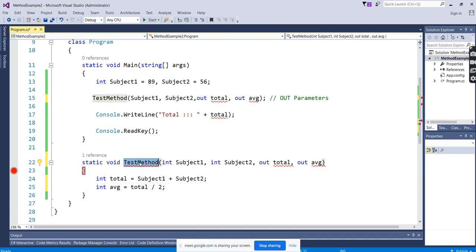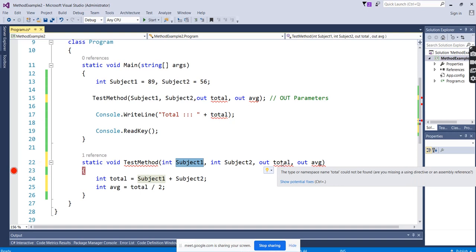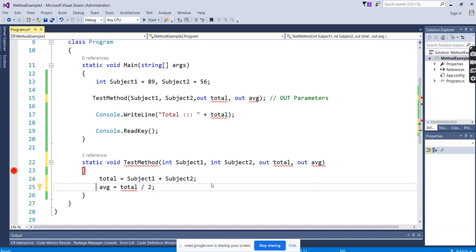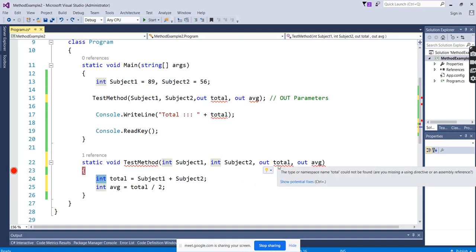Method, we are making the calculation. Sorry, void method name. So subject 1 and subject 2. Here we have to mention the out parameters. So what is it saying? Okay, just note down this. Out will take the total sum and the product, right?